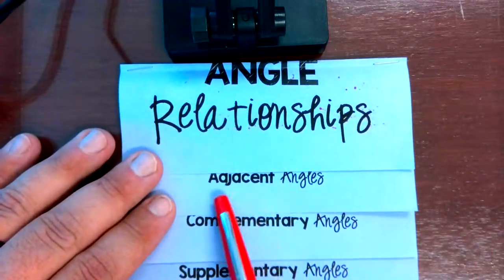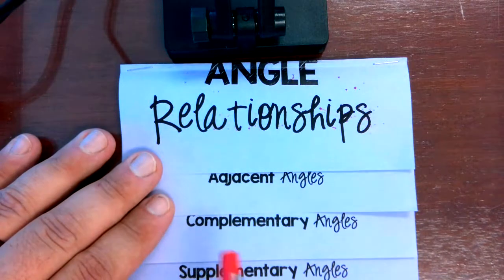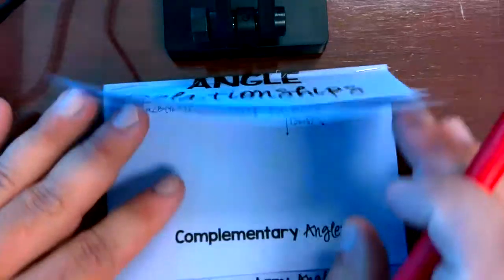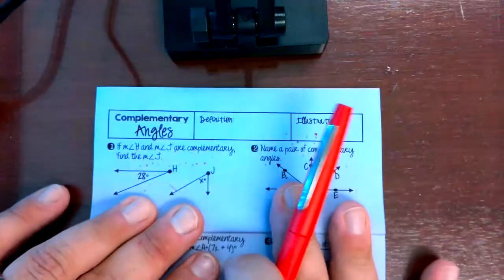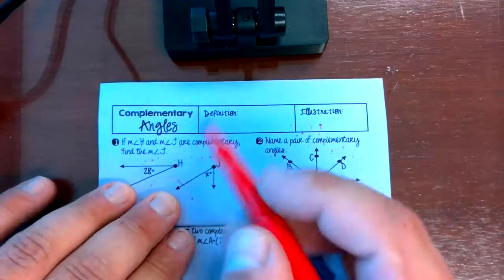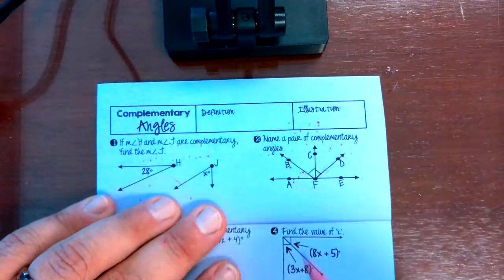Now, I just finished talking about adjacent angles. After adjent angles, we're going to talk about complementary angles. Now, thinking back, probably to some point in time when you were in middle school or elementary school, you talked about complementary angles,